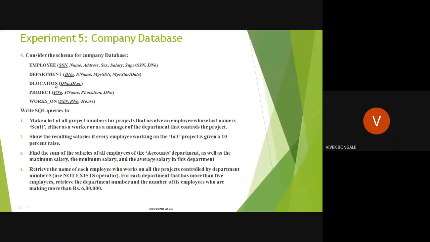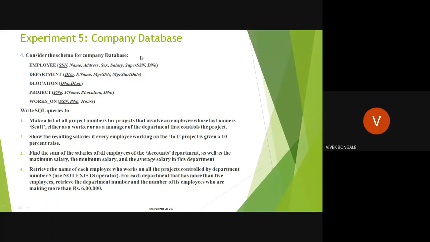After creating the tables, next is inserting the values. If we start inserting values for the employee table or the department table, the same issue we faced while creating the table is going to occur while inserting the values also. So what we have to do is add these two values, super SSN and department number, later. How? We insert the values only till salary, and we place super SSN and department number as null.